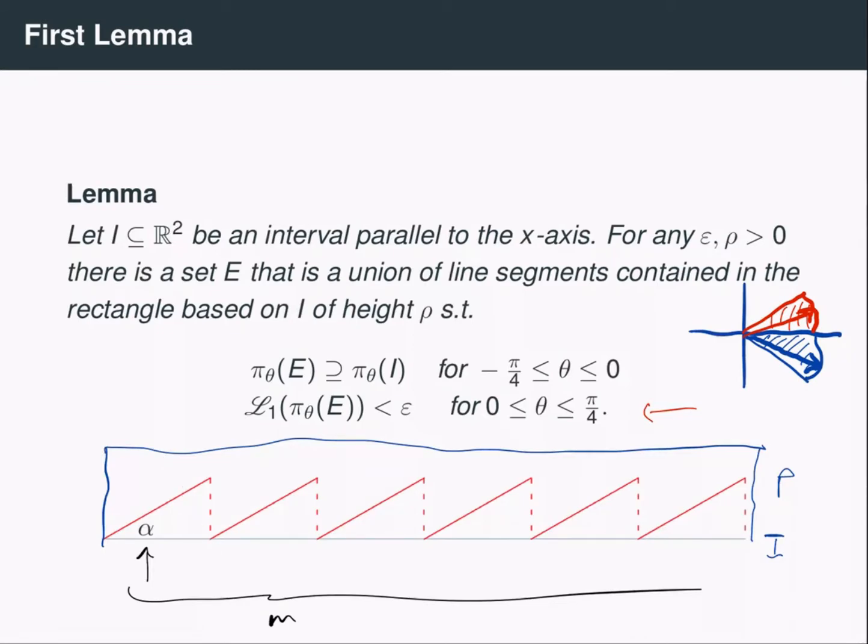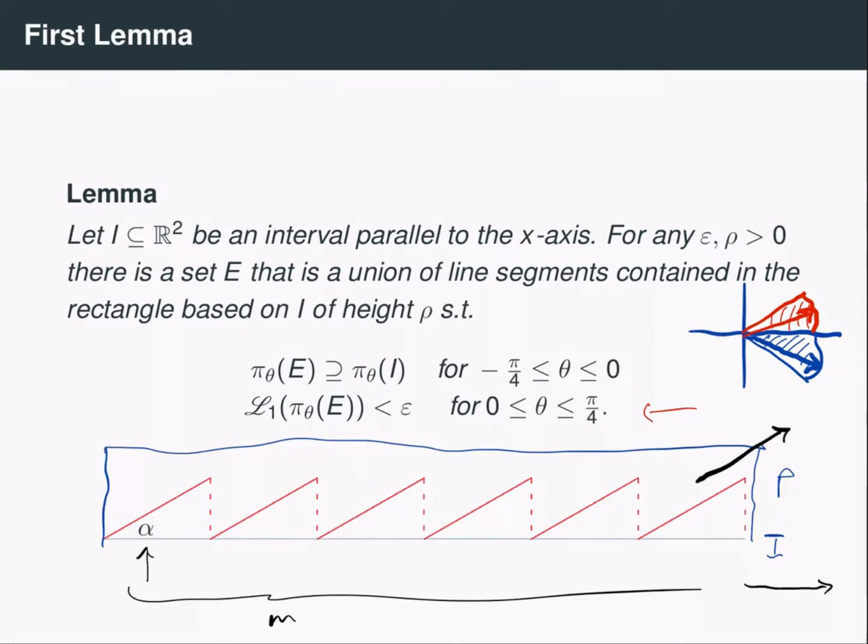Now furthermore, notice that the original interval I, when I projected in a direction parallel to the x-axis, or maybe close to the angle 0, then the projection of my interval was small. However, as I start to move away from angle 0, the projection of my interval I is going to get large. But now that I've replaced the interval with these red intervals, notice now that if I project in this